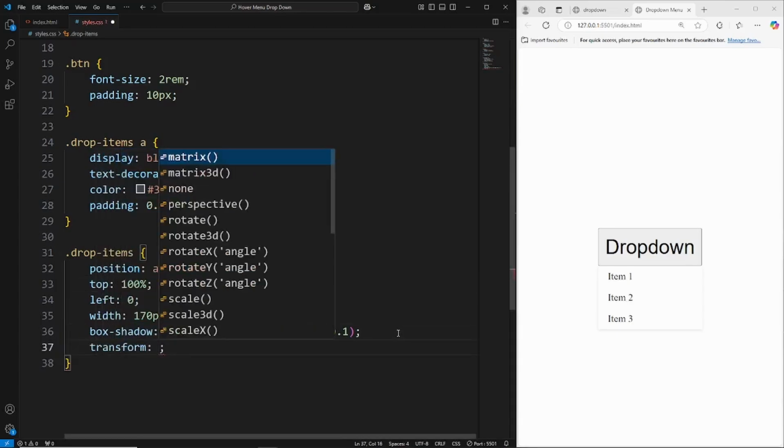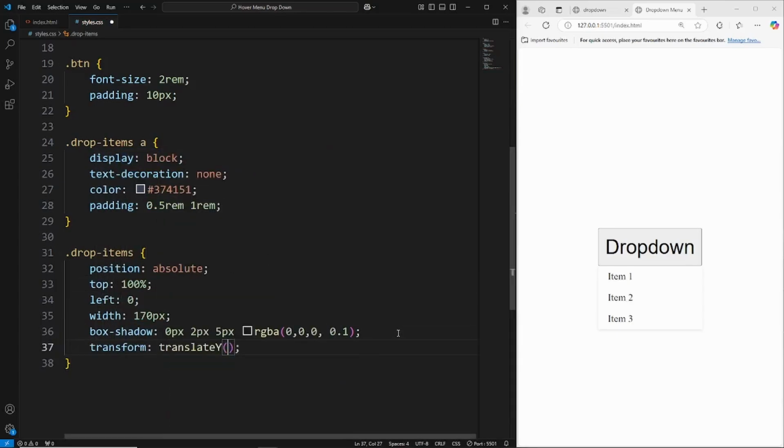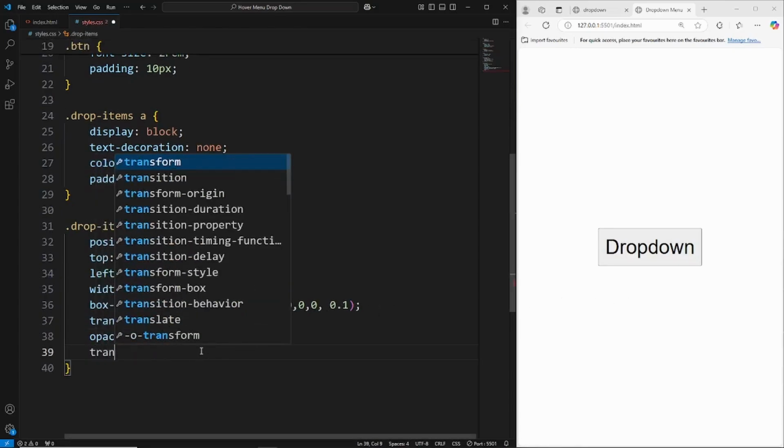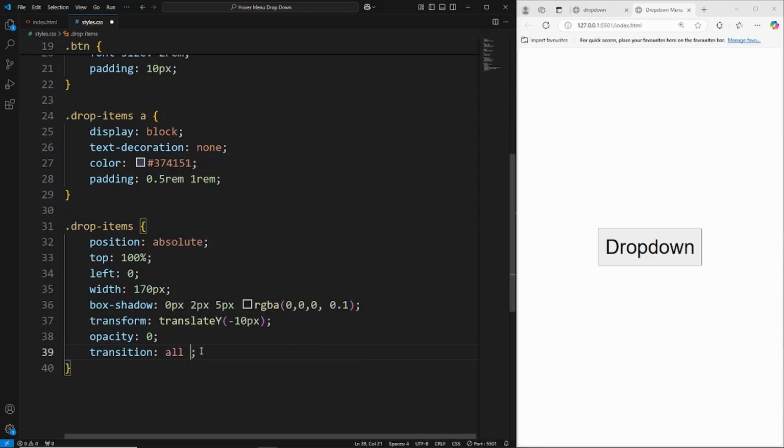So transform, so translate on the y-axis, so that's a negative 10 pixels. Save that, so they're slightly pushed up. We want to hide them initially, so we'll say opacity 0. So now we can't see them, but they are still there because when we hover over it, you can see it changes the cursor. And we're going to want this animation to be smooth, so we'll set the transition all 0.3